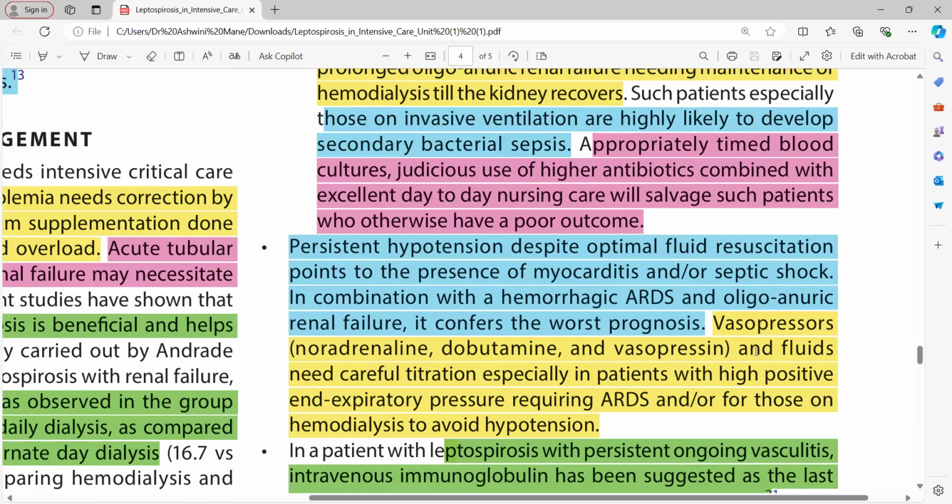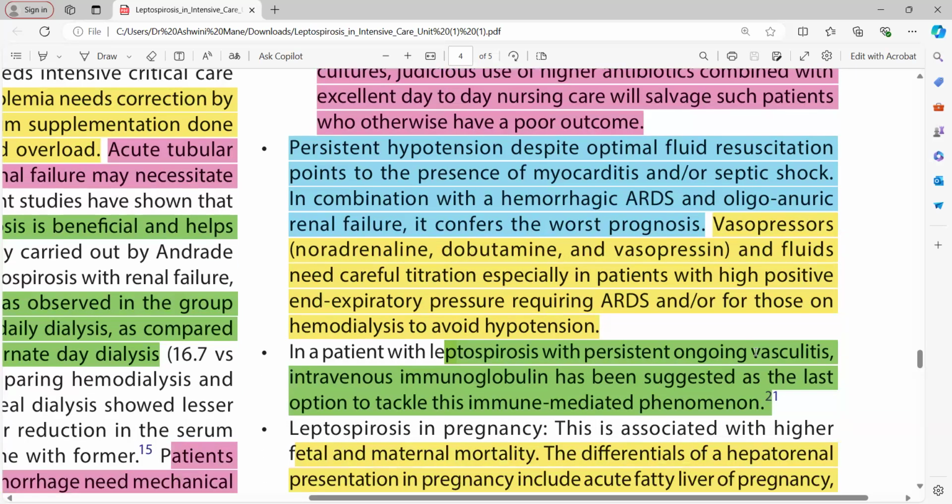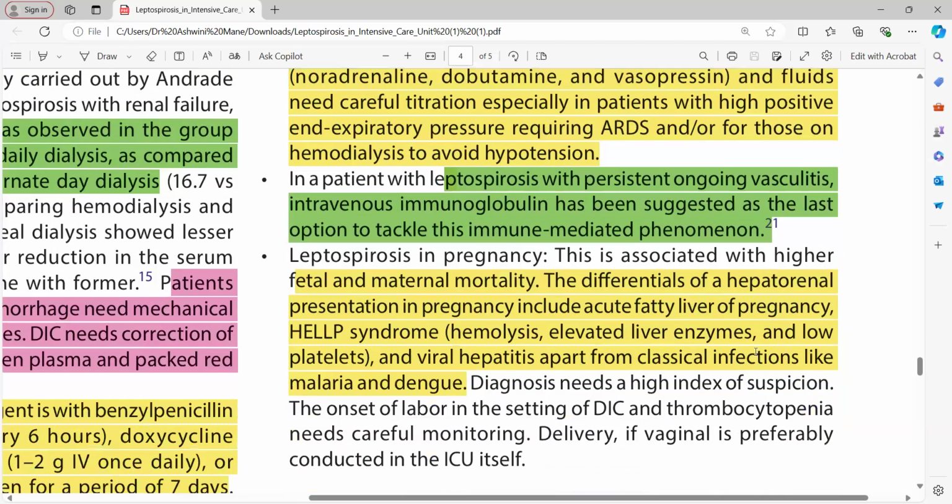In combination with hemorrhagic ARDS and oliguric renal failure, it confers the worst prognosis. Vasopressors like noradrenaline, dobutamine, and vasopressin and fluids need careful titration, especially in patients with high positive end expiratory pressure requiring ARDS and or those on hemodialysis, to avoid hypotension. In patients with leptospirosis with persistent ongoing vasculitis, intravenous immunoglobulin has been suggested as the last option to tackle this